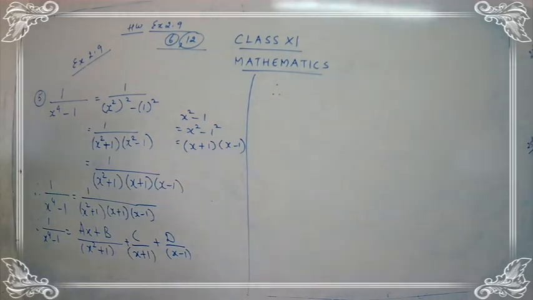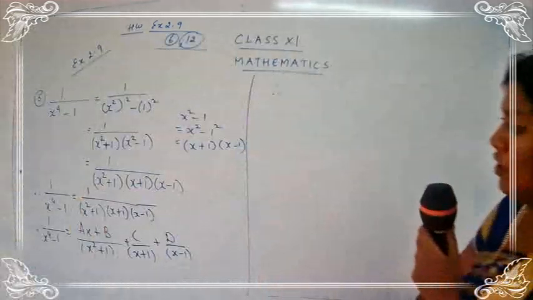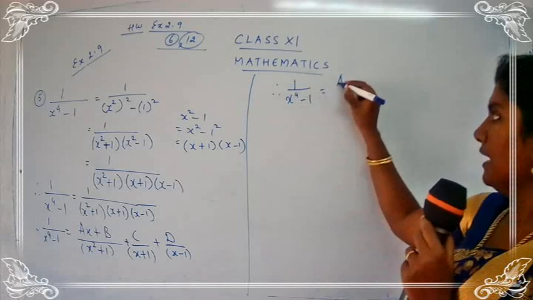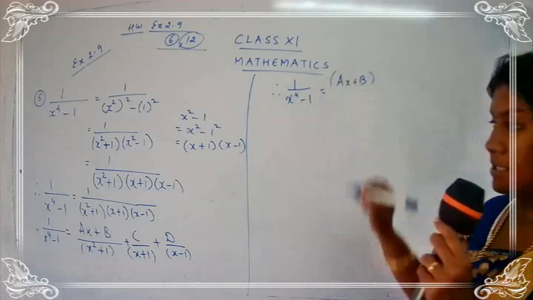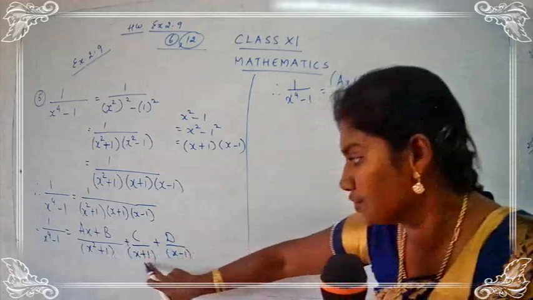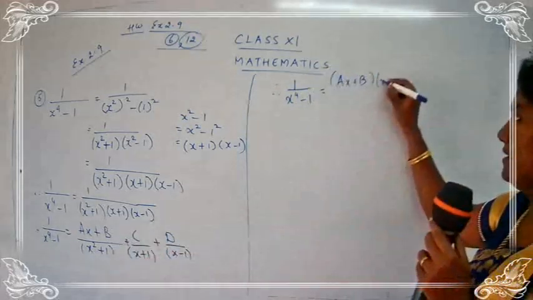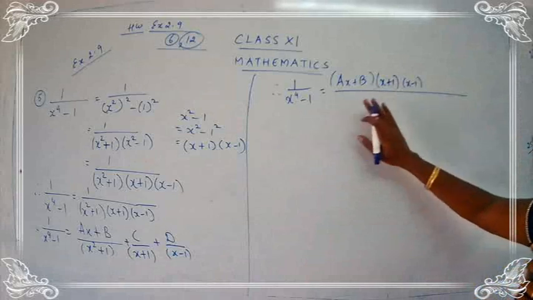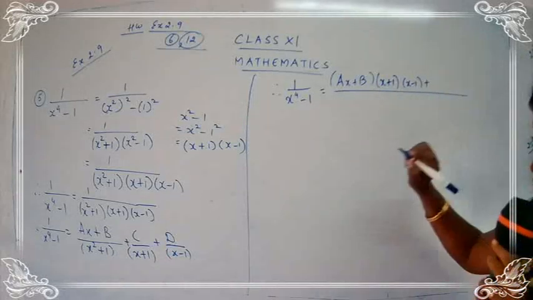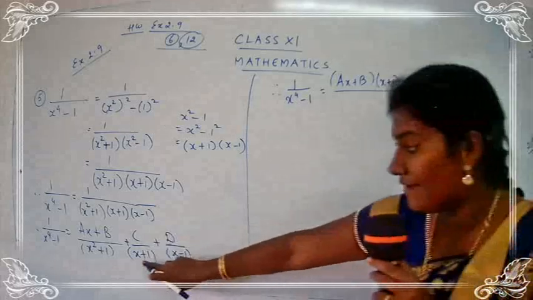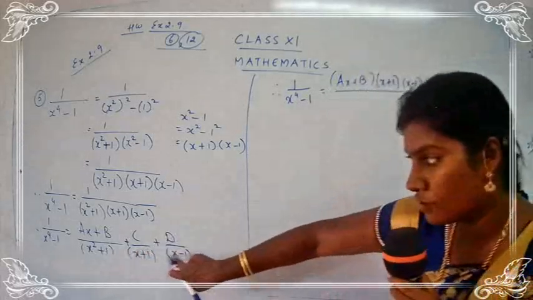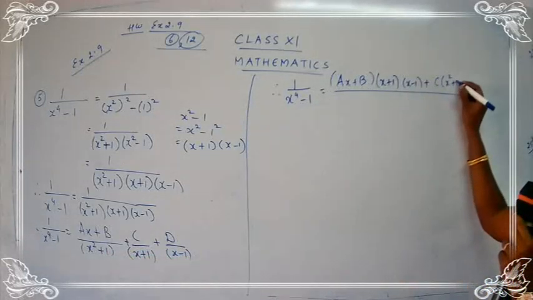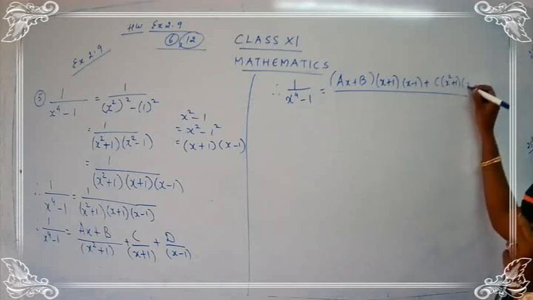So what are we going to do here? I'll write the LHS as it is. So 1 upon x raised to 4 minus 1 is equal to ax plus b. Okay, I'm writing this in a bracket. Now here x square plus 1 is there, so these two terms I will be multiplying over here: x plus 1, x minus 1. The denominator part we'll write down together. Plus, let's go for the next part, c. For c you have x plus 1, yes children? So which are the two terms left out? x square plus 1, x minus 1. So let's multiply by that, x square plus 1 and x minus 1.